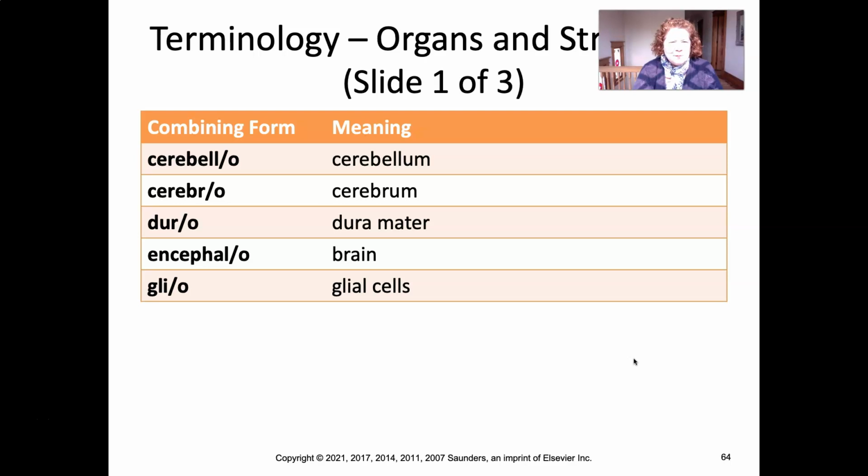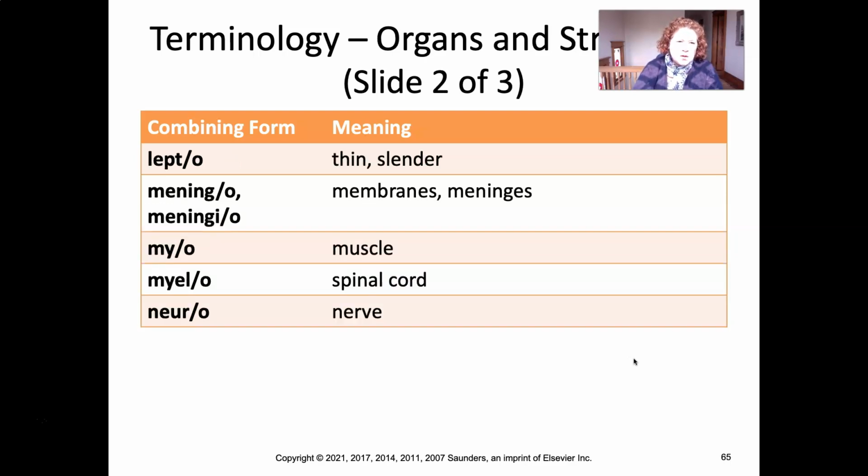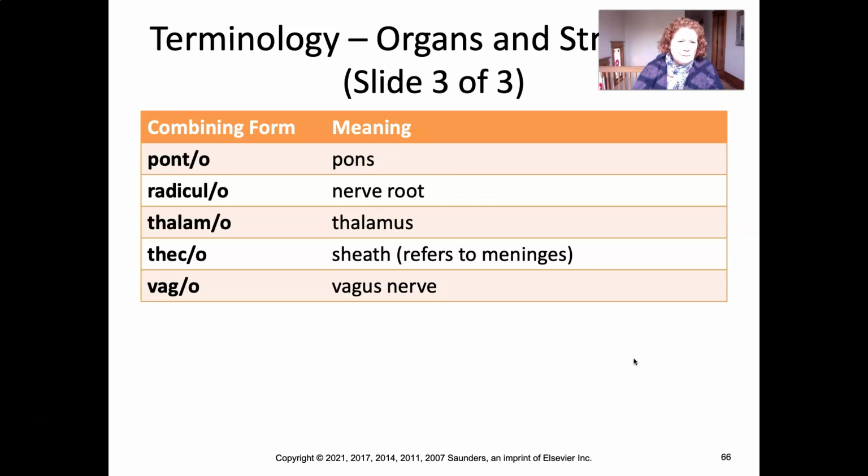Remember our mathematical equation here. It is a root plus a combining vowel equals a combining form. Cerebello, cerebro, duro, encephalo, glio, lepto, meningo or meningio, myo, myelo, neuro, ponto, radiculo, thalamo, theco, vago,